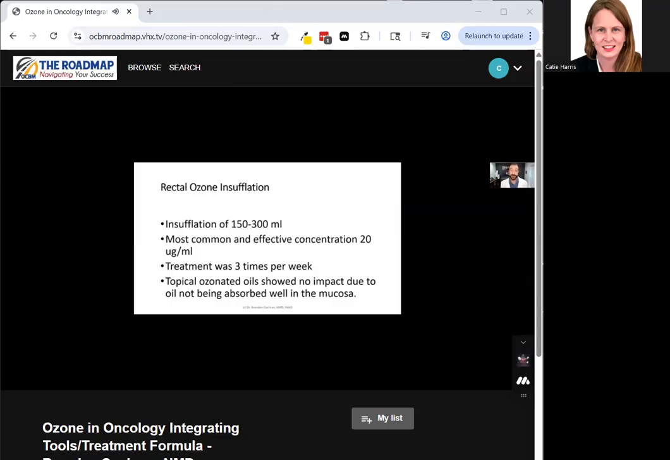Topical ozonated oils showed no impact due to the oil not being able to absorb into the mucosa. So it may be okay on the external portions or for ulcerations, but it doesn't seem that ozonated oils have an impact on rectal bleeding in this specific paper. And clinically, what I've seen as well, you do need to use rectal gas